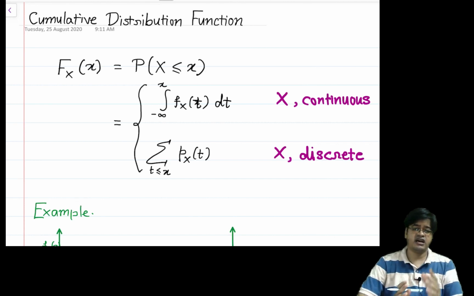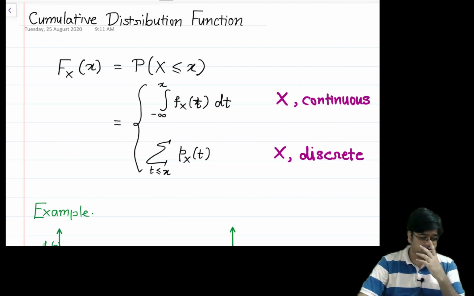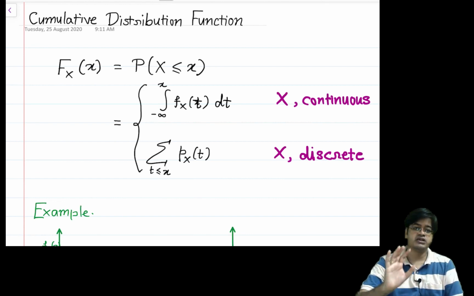So the first question that came to the probabilist's mind is, okay, if this is the case, is there any tool which I can use and deal with both of them in a single shot? We are lazy, so we are mathematicians, so we want to handle it in a lazy way. The answer to that question is given by the cumulative distribution function. When you study the cumulative distribution function, you will be clear why something is called a discrete random variable and why something is called a continuous random variable, because this separation is because of the cumulative distribution function. Let me be precise in that.